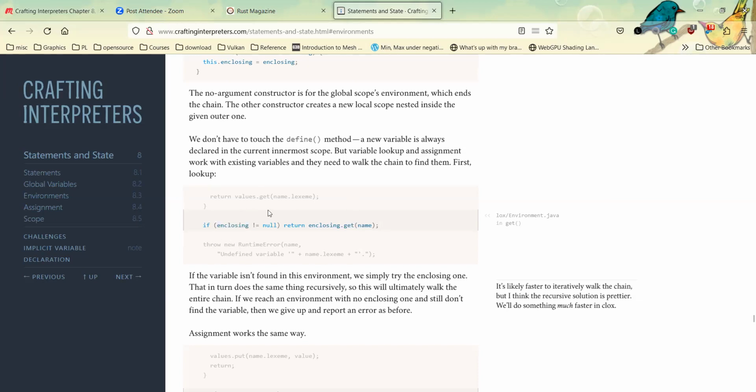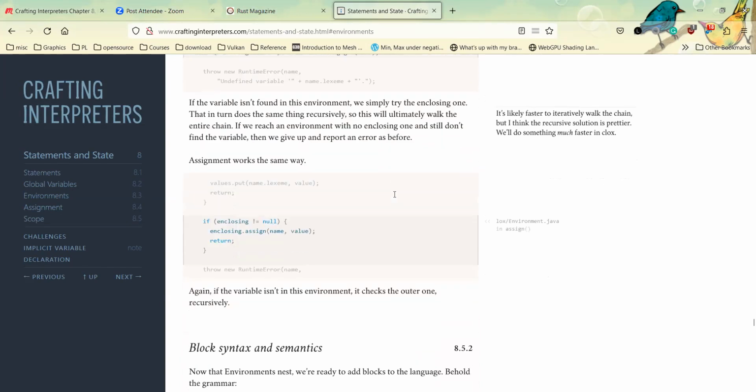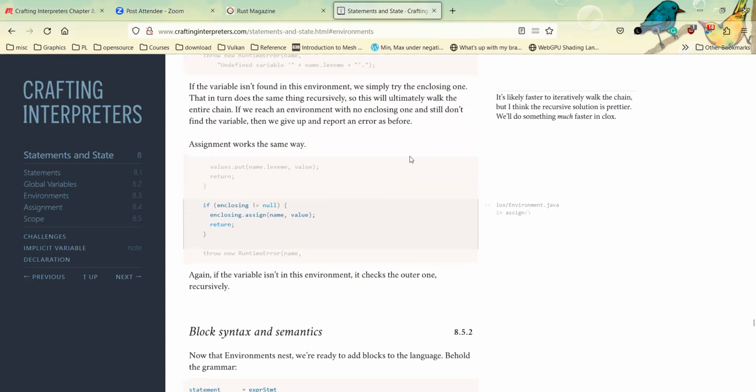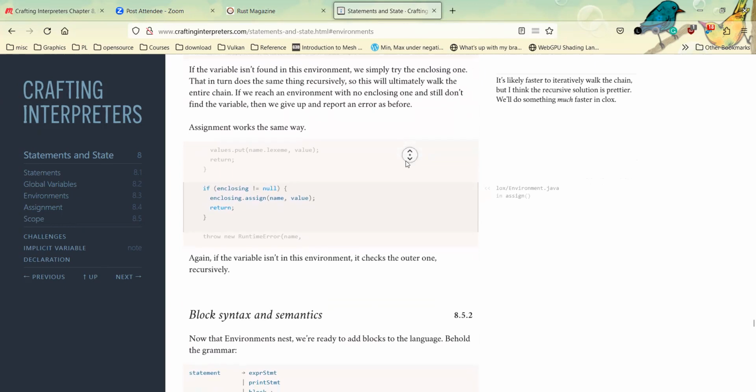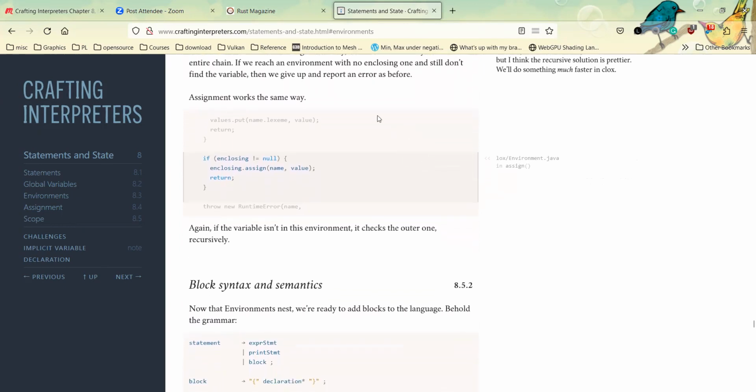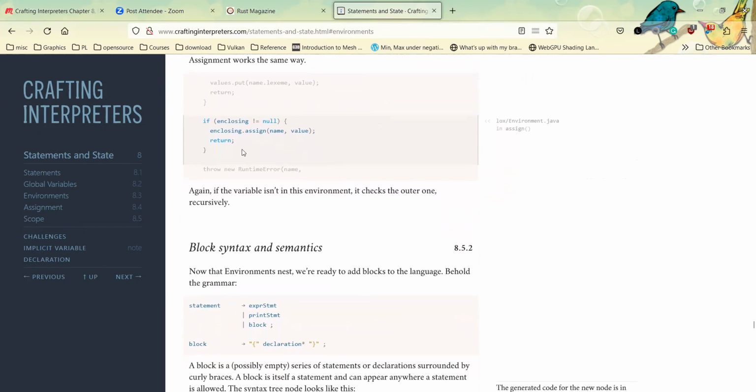Then when we try to look up, it's an error. And yeah, assignment works in a similar way. We just have a distinct assign function, so we need to duplicate this logic.